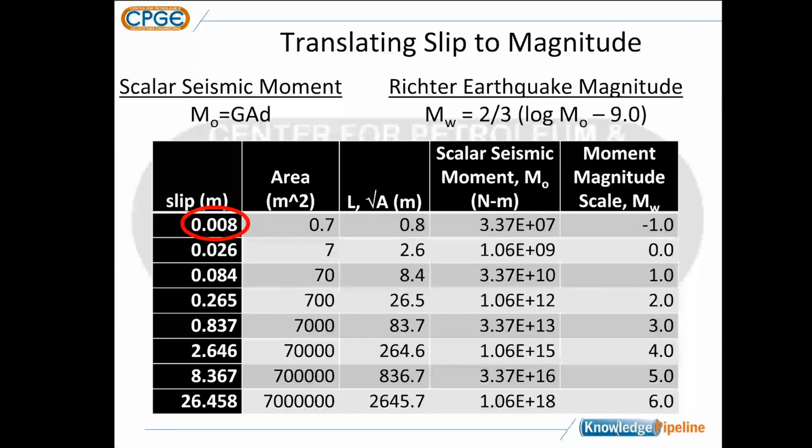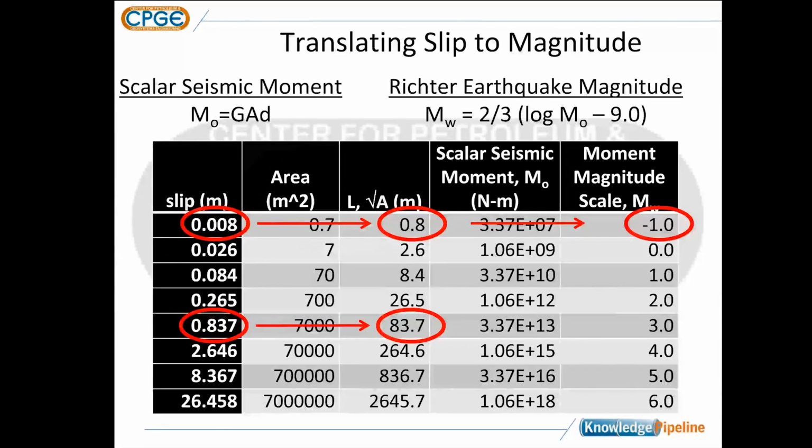That's kind of the typical magnitude we get in hydraulic fracturing. Some of the felt earthquakes that people have been talking about in the news media in Texas and Oklahoma are more like a scale where we have something on the order of almost a meter of slip. That would imply that the fault patch is 80 meters in size. And this is not necessarily the entire fault being that big, but the area that has actually slipped is that big. That would give us a magnitude 3 earthquake on the Richter scale. So that gives you an idea of how much slip and how big the faults are for these kinds of earthquakes.